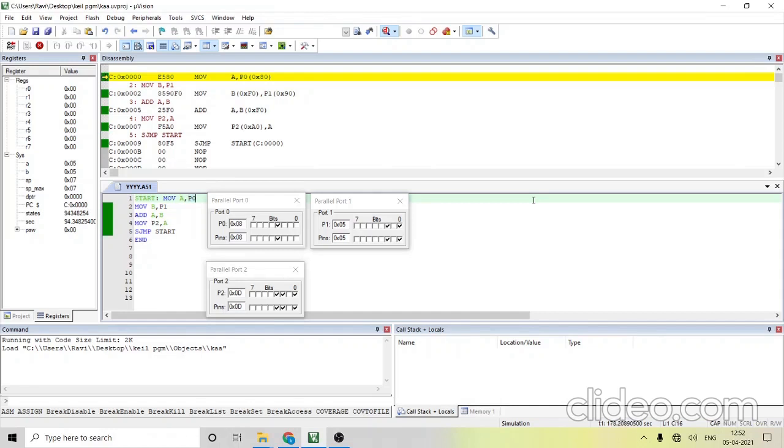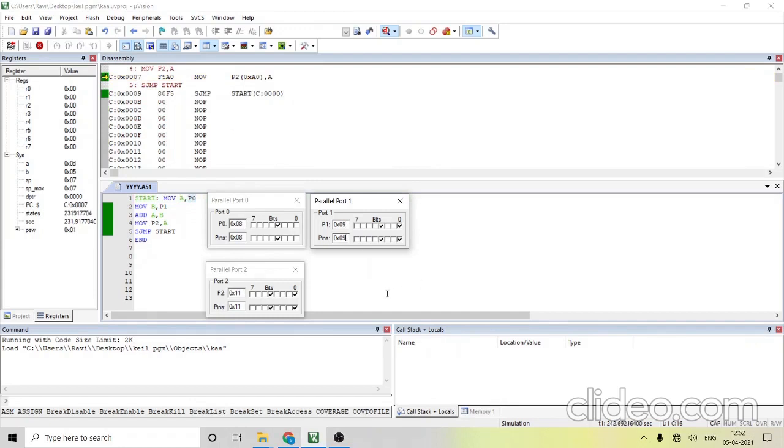So you can see continuously that when you change the input, the output changes. I'm changing this to 9. When I change to 9, 8 plus 9 is actually 17. 17 when you translate to hexadecimal is 11. Okay, this is the infinite loop programming in Keil software. So thank you. Similarly, do it for multiplication, squaring, cubing, etc. The logic is only MUL AB. Thank you.